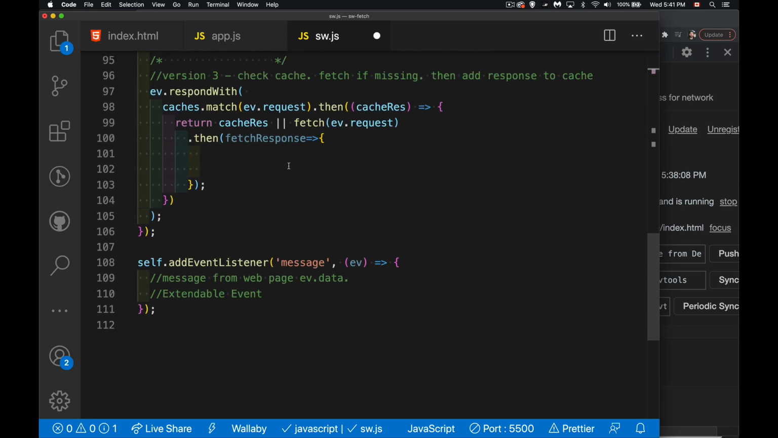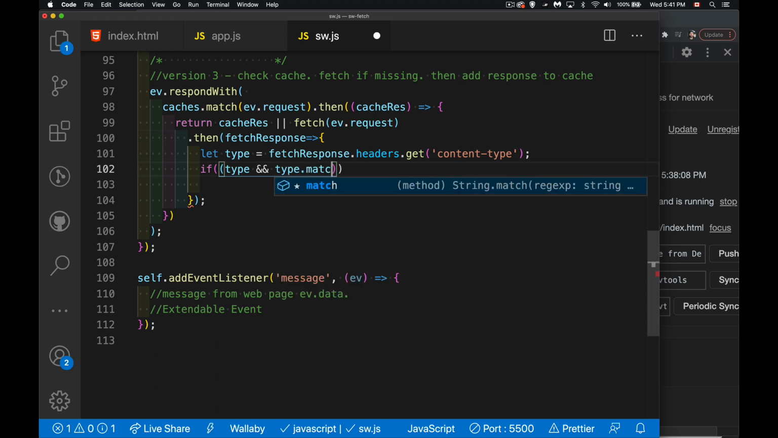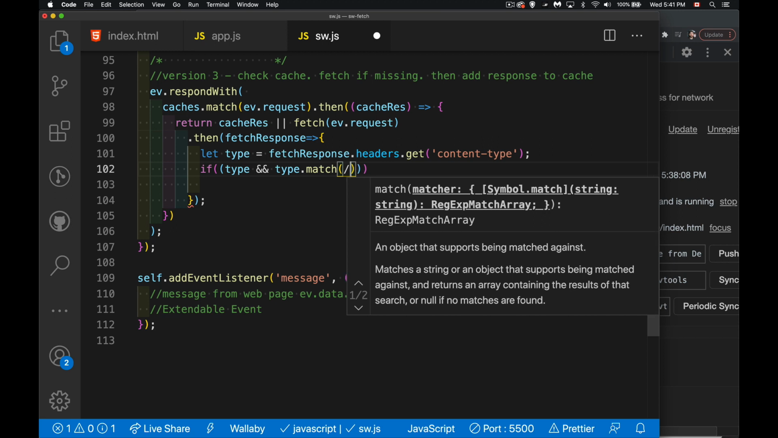So let's take a look at the headers that are coming back in here. So we'll take the content type header, find out, hey, is this text/CSS, text/HTML, image/PNG, image/JPEG, font/WOFF2, whatever that is, I'm going to use that to determine which cache I want to put it in. So I want to check to make sure type, I did actually get this header. If I got type, then I'm going to do a match, my regular expression match, and I'm going to see